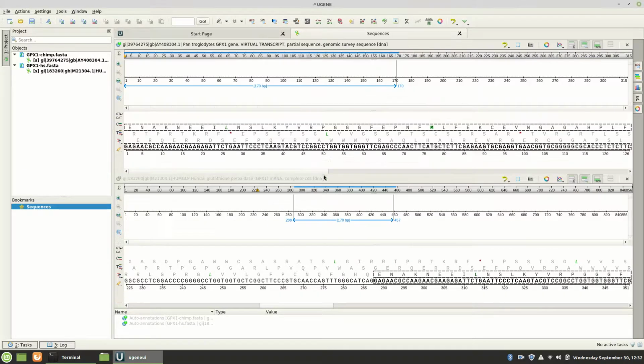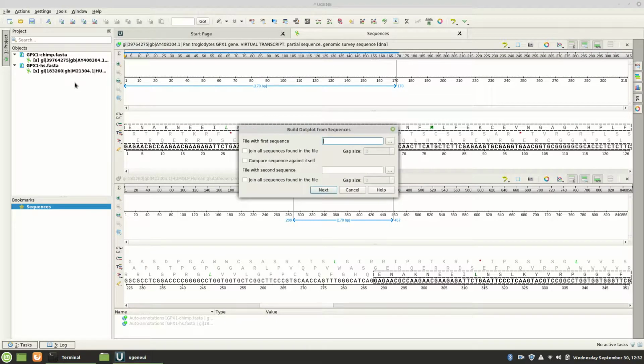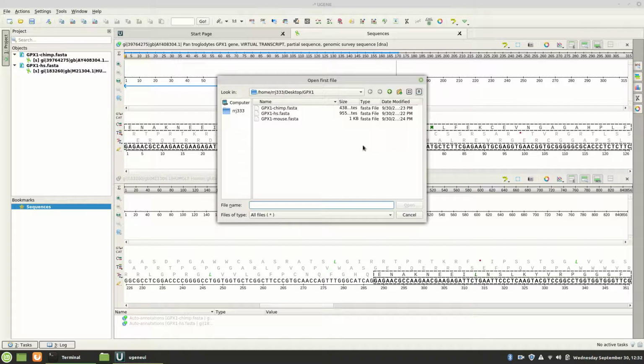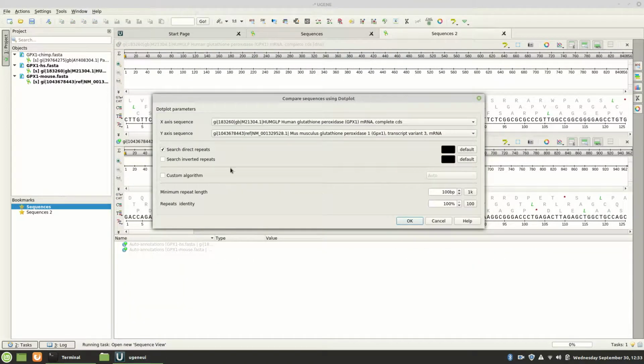No, I don't need to save that. So we're going to do a dot plot again, and we are going to go to human as our first one, and then we're going to go to mouse for our second one. We will not do inverted repeats, and we'll start where we ended last time, which I think was like 34 and 100, and let's see if we get anything at all with this really stringent